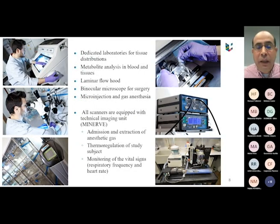So all these scanners are equipped with a technical imaging unit for administration and extraction of anesthesia, as we work in vivo in the animals. We can also use the functionality of thermoregulation of the animals, and also monitoring